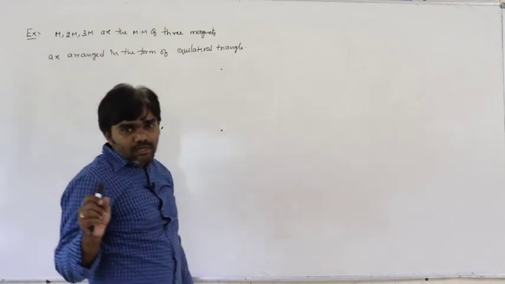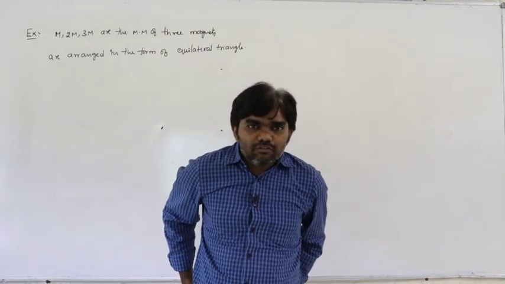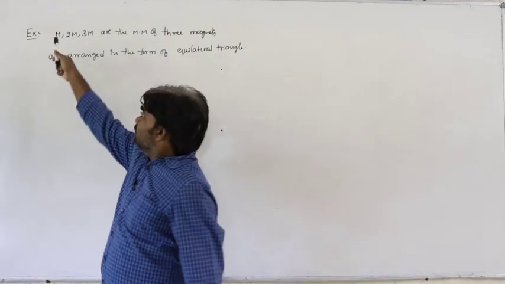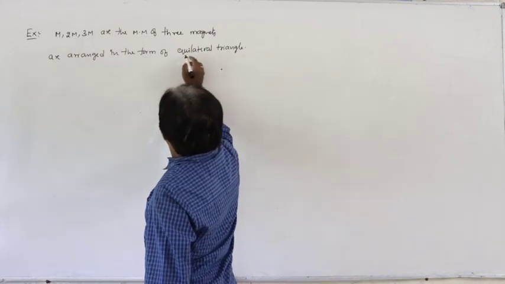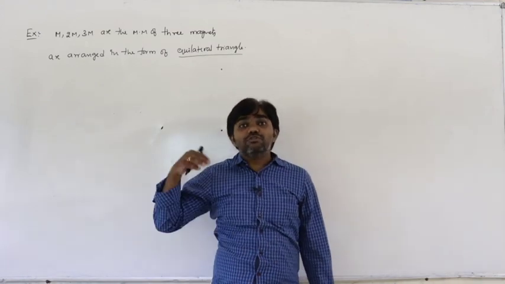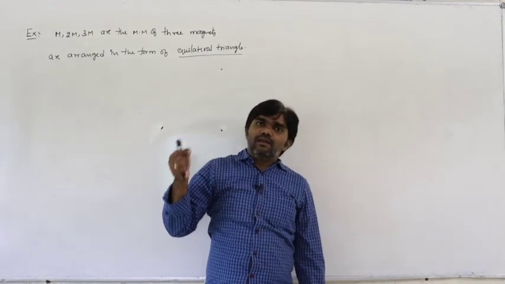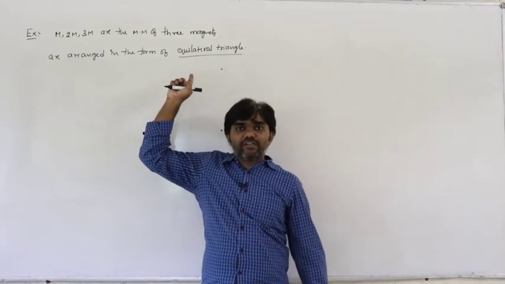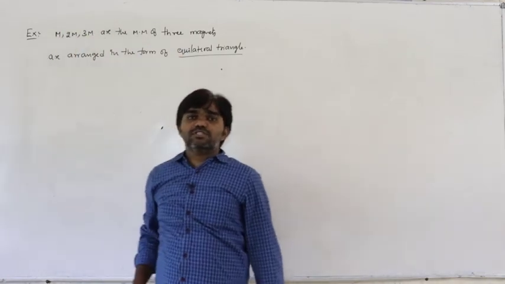Magnetic moment is the product of pole strength and length. So M is equal to small m into 2l. Here these have three different magnetic moments but form an equilateral triangle. Equilateral triangle means the length is the same, but the pole strengths are different. That's why the magnetic moments are different. If pole strength and length were both the same, the magnetic moment would also be the same. But here we are considering an equilateral triangle, so the lengths of the three magnets are the same, but the pole strengths are different.